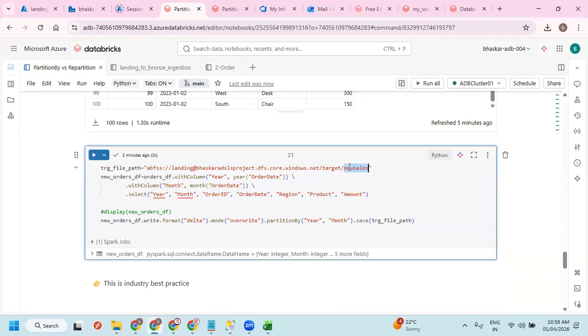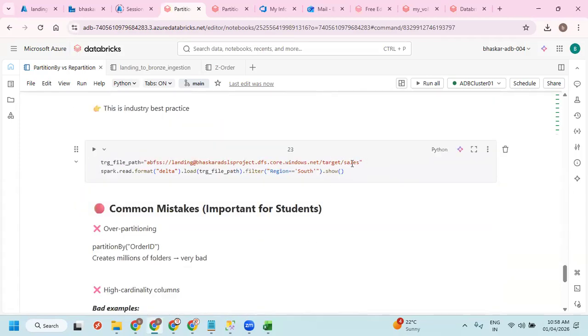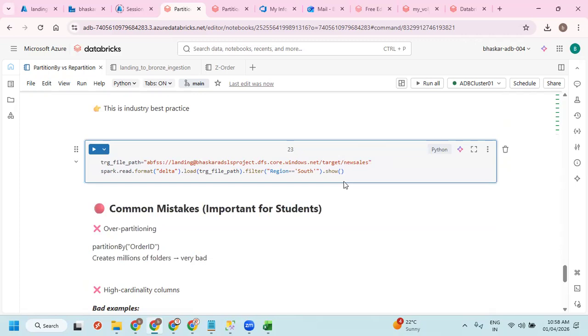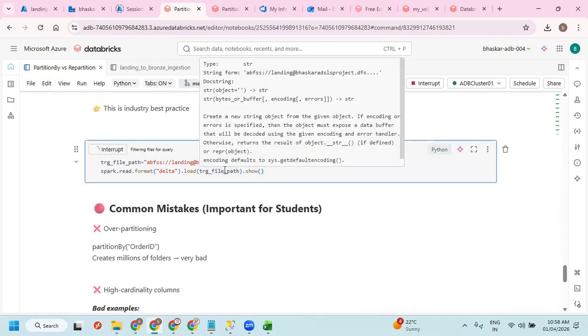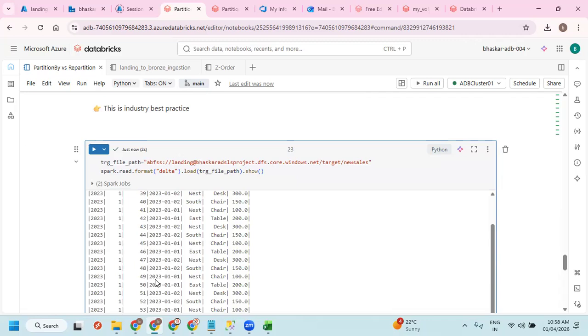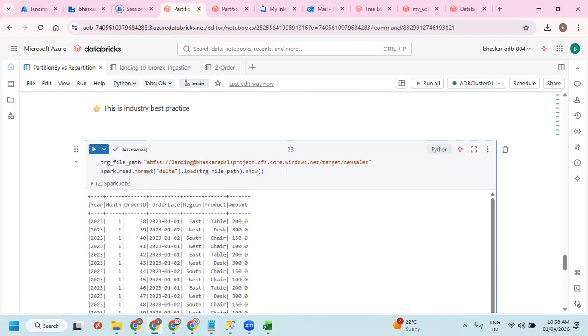Let me take the new sales folder. From this folder, I wanted to read it. If I don't apply the filter, then it is going to take all the data. But if I apply a filter, then it is going to take the data for that particular place only.